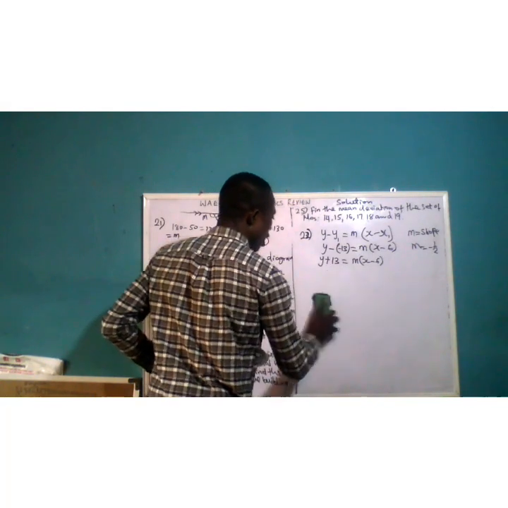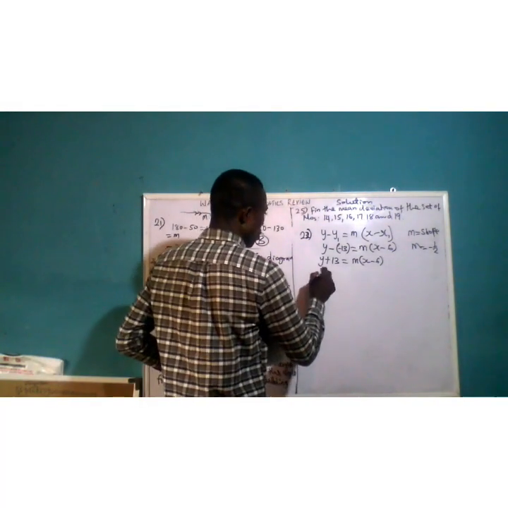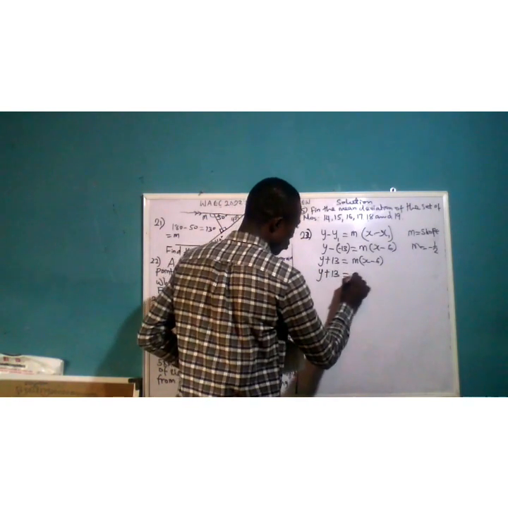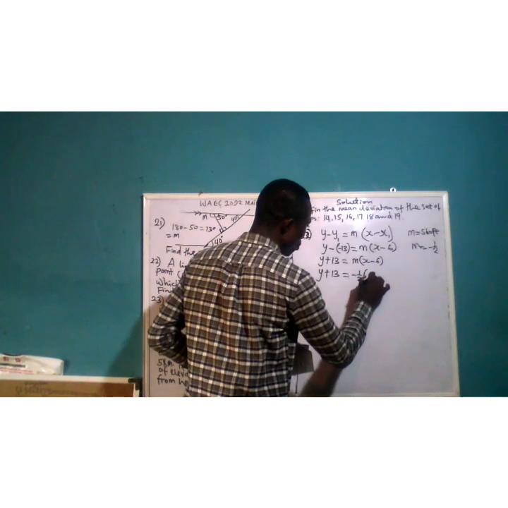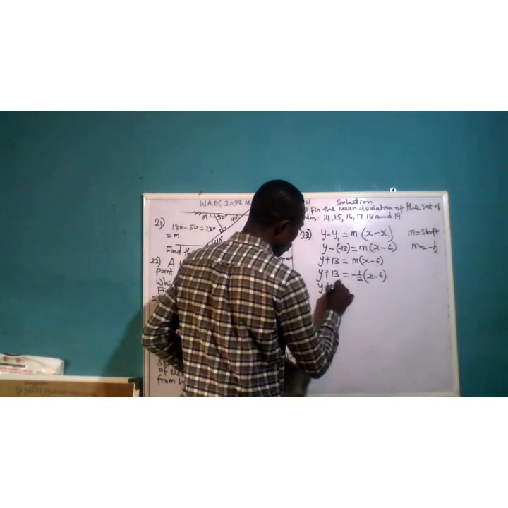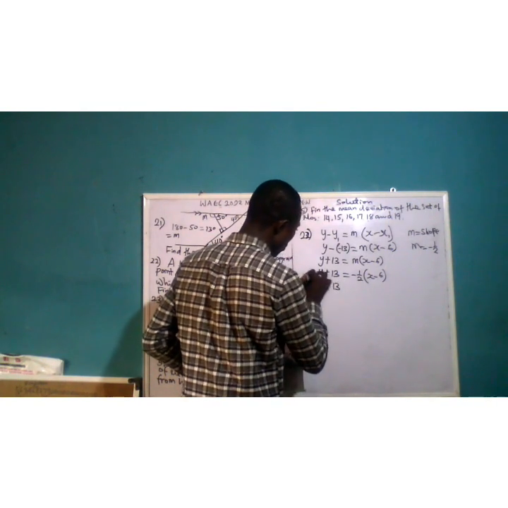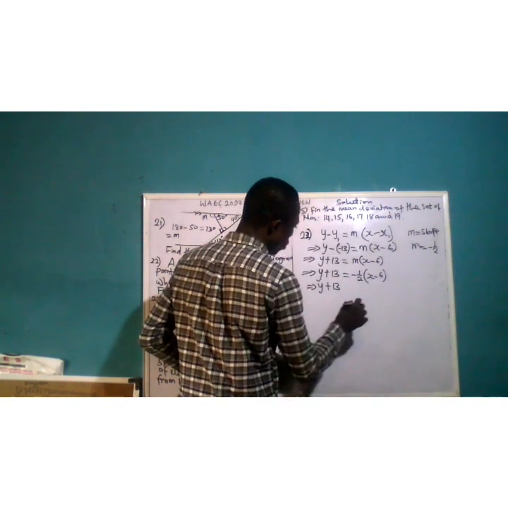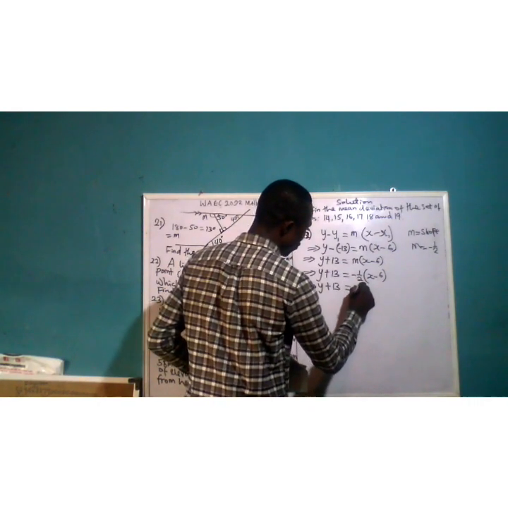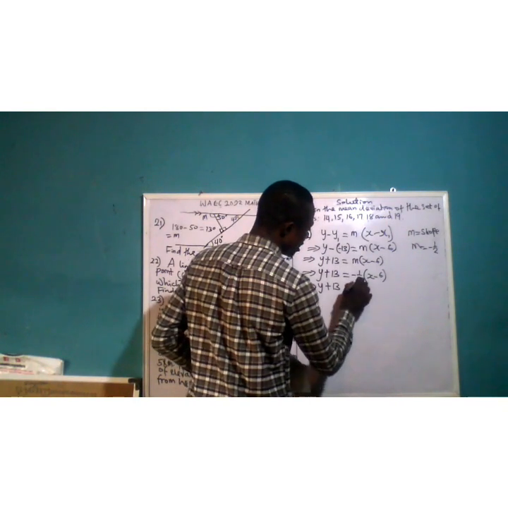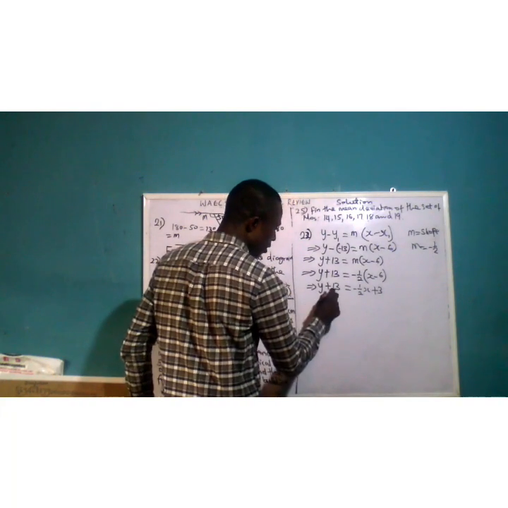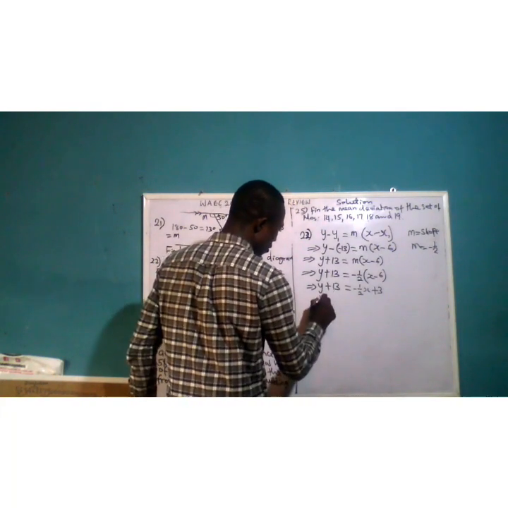So, having done that, we then put what m is into this equation so that we have this to be equal to negative half open bracket x minus 6, which is equal to y plus 13. Which implies that y plus 13 is equal to negative half times x, that is negative half x. Negative half times negative 6 will be positive 3. And if you take away 13 from this side to the other side, you have y to be equal to